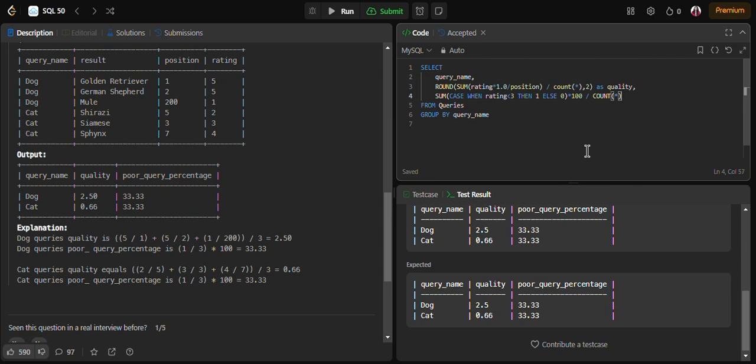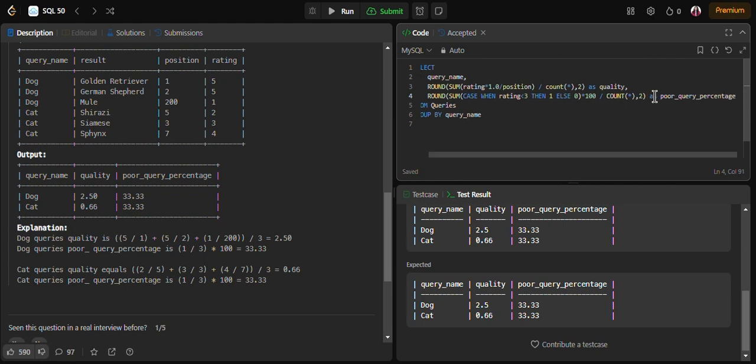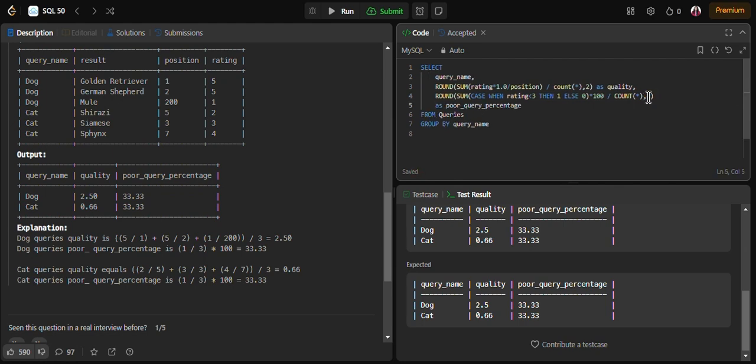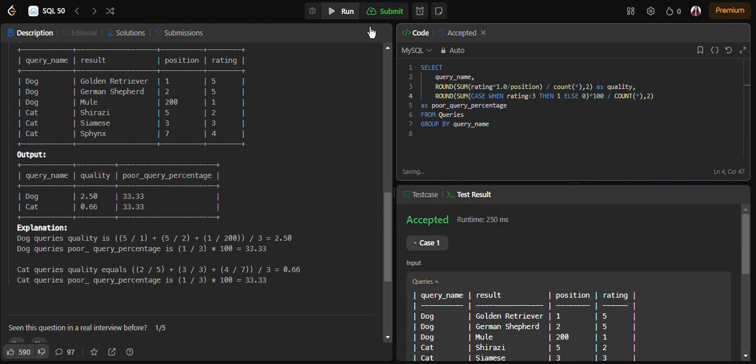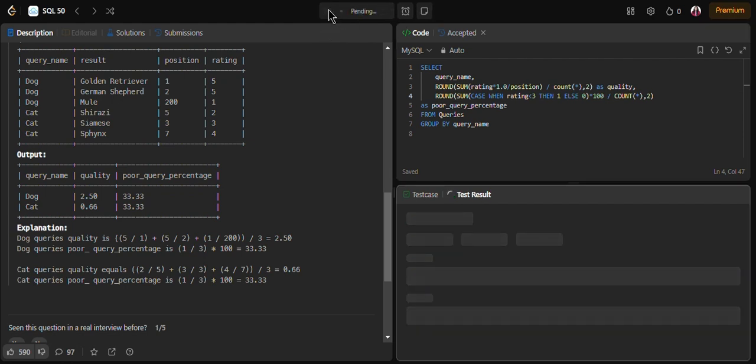Count star will give me the total number of queries. Then again I'll make use of the round function, comma 2, and it will give me poor query percentage. Let's make it to the second line. Fine, so let's run and see.